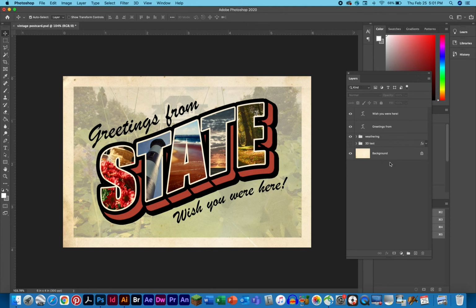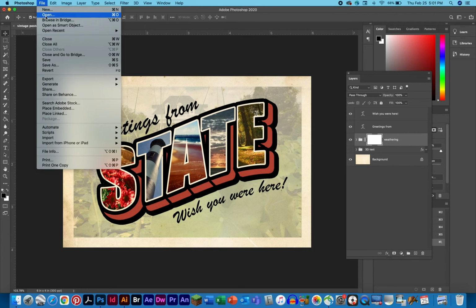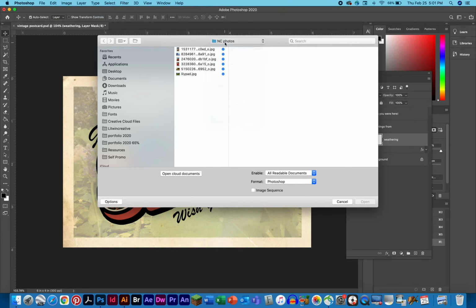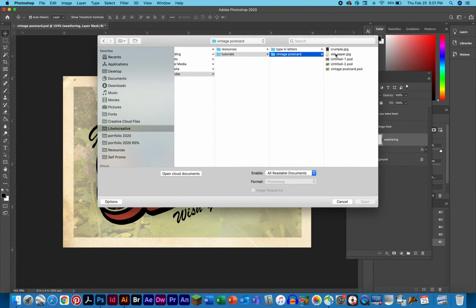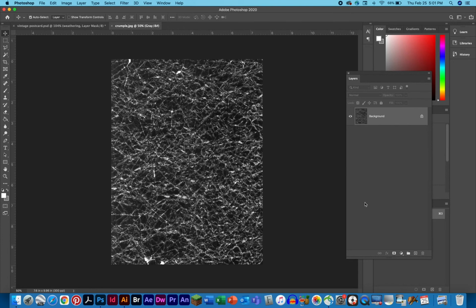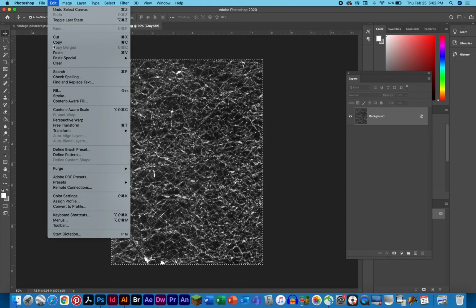Now, how do we make it look weathered? Well, let's go ahead and add a mask with nothing in it just yet. I'm going to go up here to File, Open, and I actually have a resource to use for this called Crumple. This image was a piece of paper that I printed black toner on and then crumbled up and crumbled up and crumbled up until we had all these crease marks all over everything. The reason we have this is because we want every one of these white crease marks to look like a place where the ink has flaked away, where this postcard has been creased and beat up. So we're going to select all, we're going to copy it, and